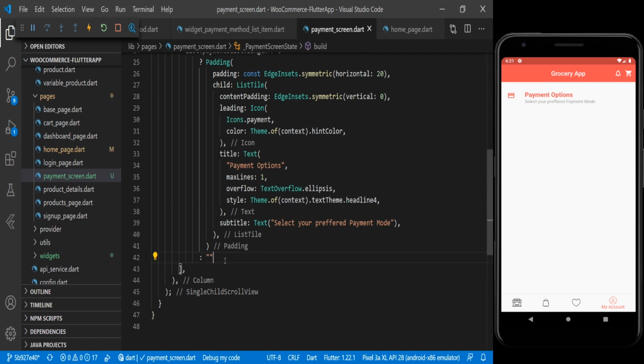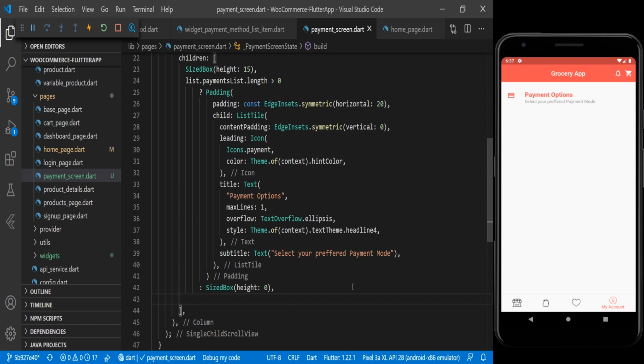In the else condition here we will put SizedBox, and we will put height of 0. So now we will show all the payment methods here, and for that we will use ListView.separated.